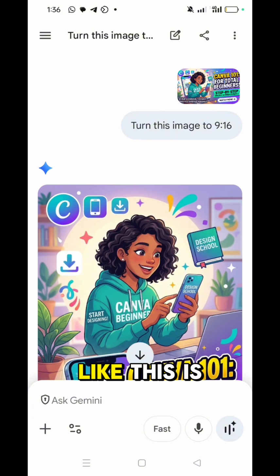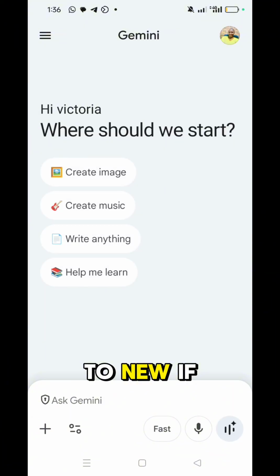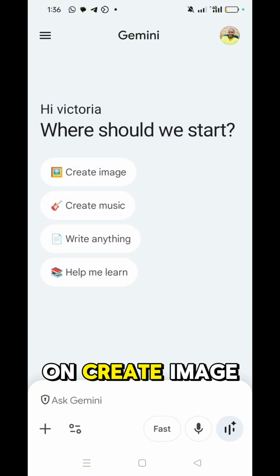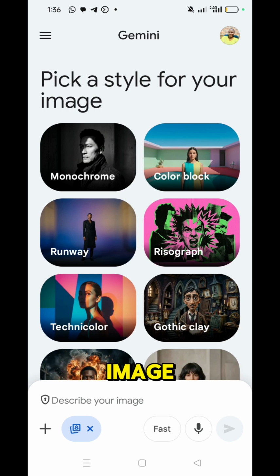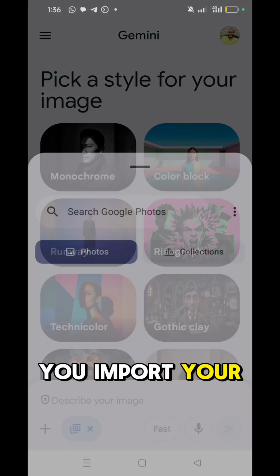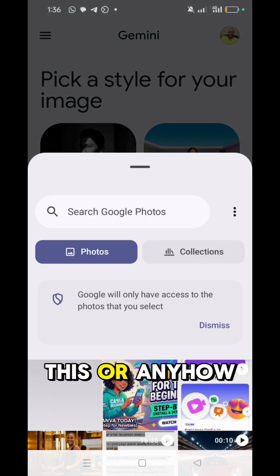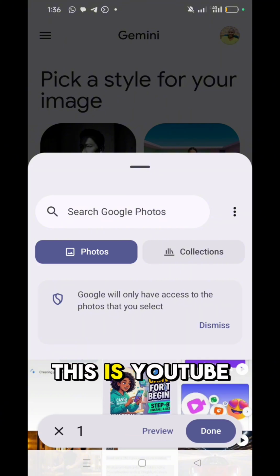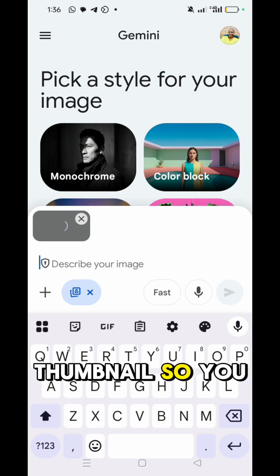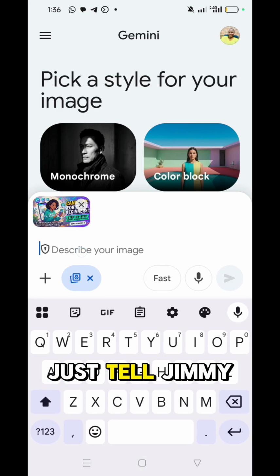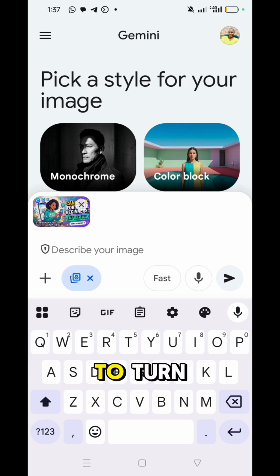So this is Google Gemini. When you want to do it, you go to new, go to your Google Gemini, and click on create image. When you create an image, you import your design, like this YouTube thumbnail. You don't need to mention YouTube thumbnail. Just tell Gemini to turn